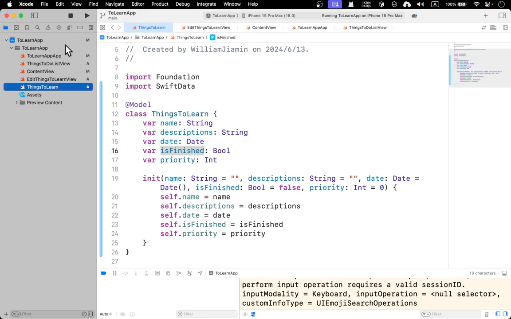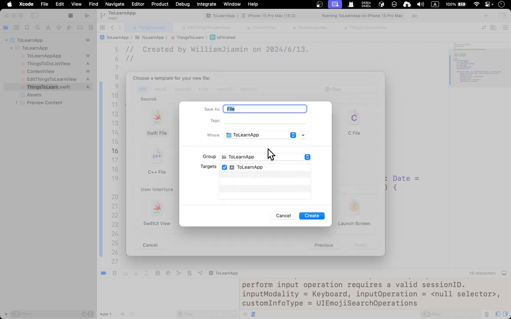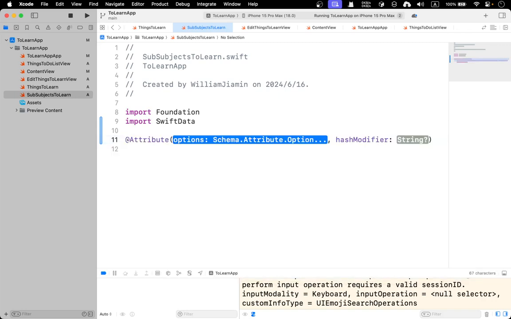In order to do that, we can press Command N to add another model, sort of nested inside. Okay, let me just show you. So for example, it will be subjects to learn. And you can just import SwiftData as well. So we're going to add a new model, sorry,